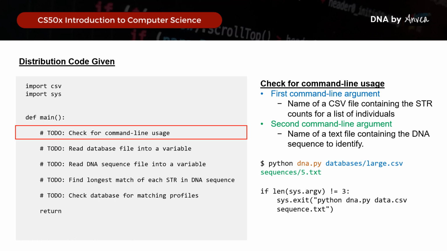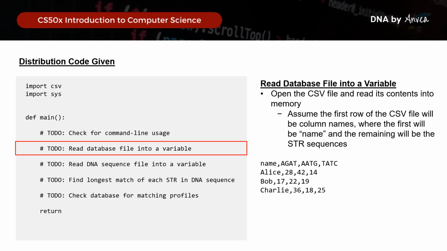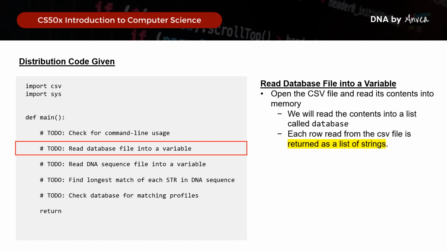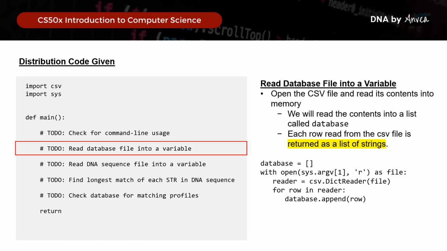Okay? And next, we will open the CSV file and read the contents into memory. According to the CS50 hints given, we can either use csv.reader or csv.DictReader, and the open and read functions may prove useful for reading text files into memory. So let's read the contents into a list that we will call database. First, we'll declare a list called database, and then we will open the file. So we will use open sys.argv[1], r for read, as file. Recall that sys.argv[1] will refer to the database CSV file that we've keyed in. So we'll use csv.DictReader on the file, and as we read the file, we will append each row